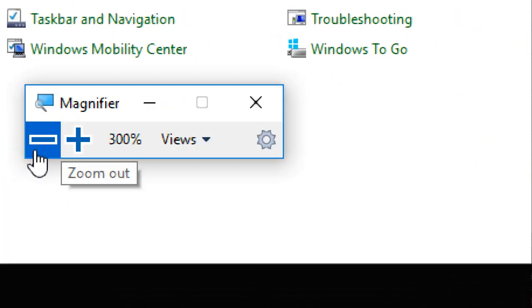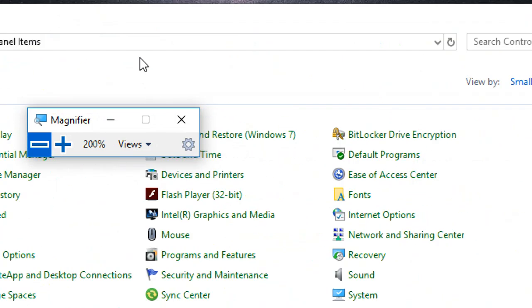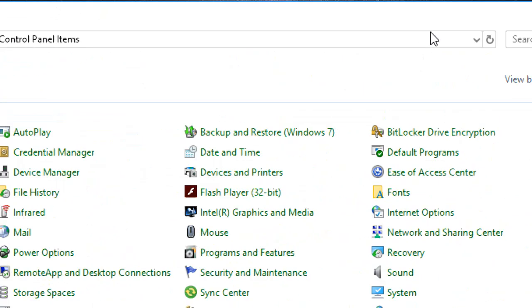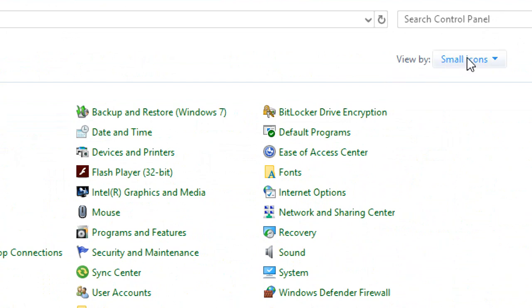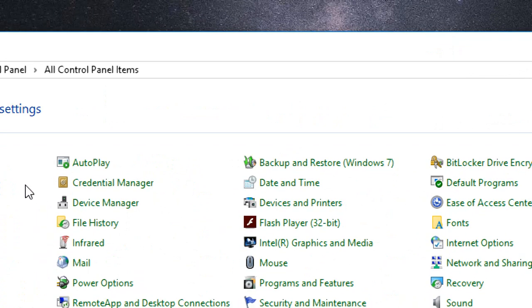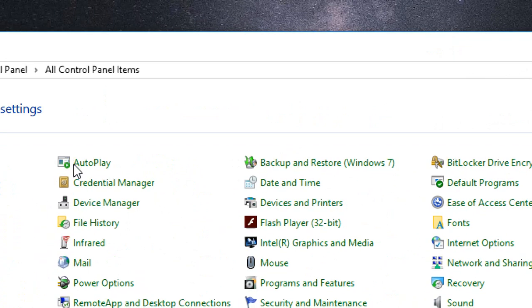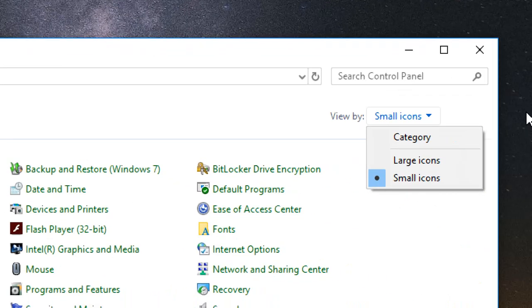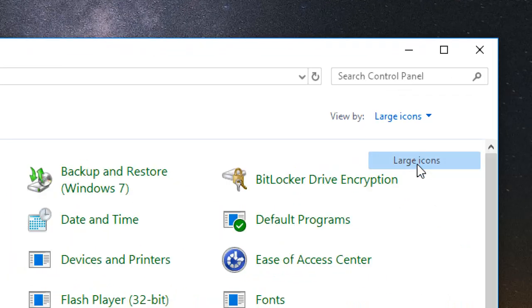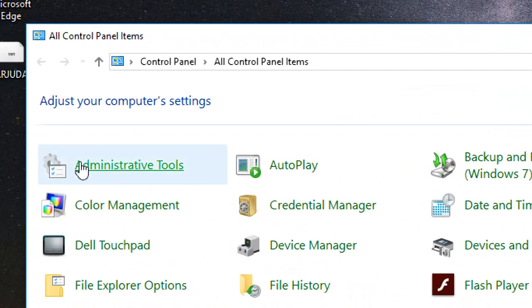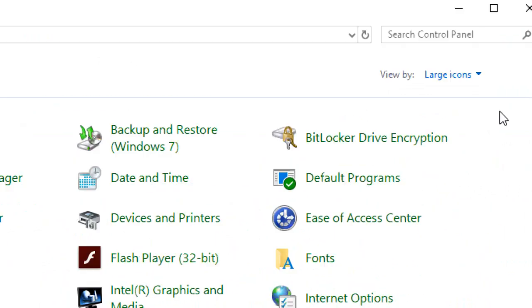Understood everyone? First of all I am making it smaller. This is the control panel window. Here is also View by. Just like last time with files and folders, we learned how to use views. You can see the types of views here. The smallest one is small icons, with the name of each option. I want to make it bigger, so use the large icon view. Look at this, now the icons are larger with the name of the option.